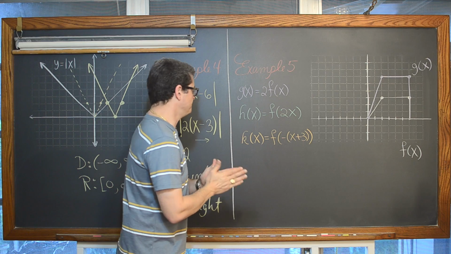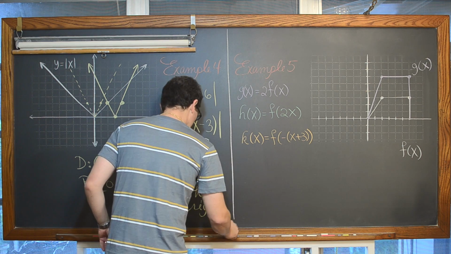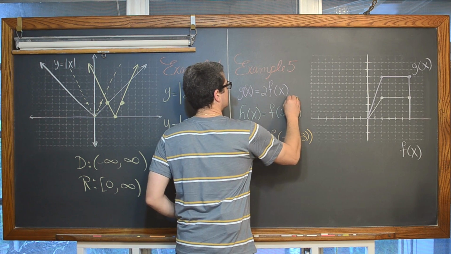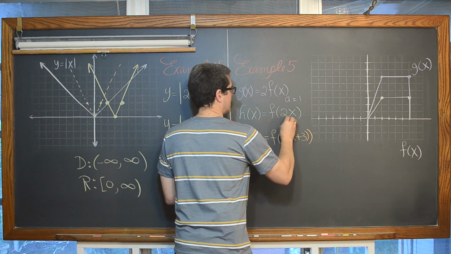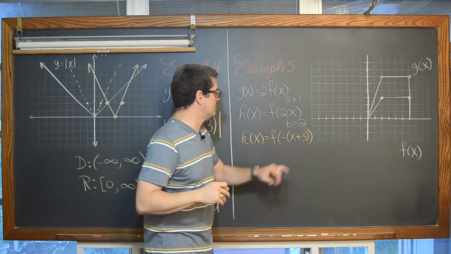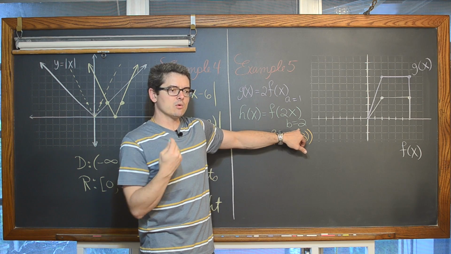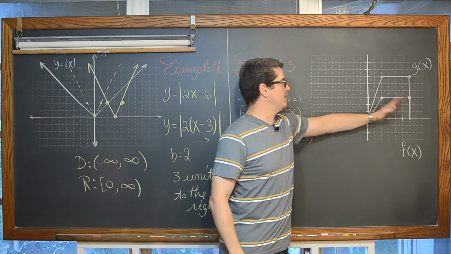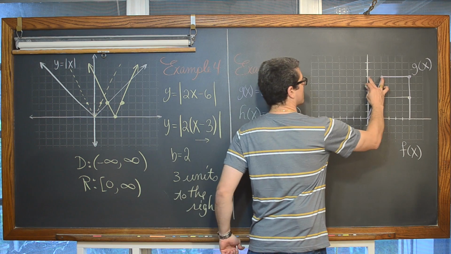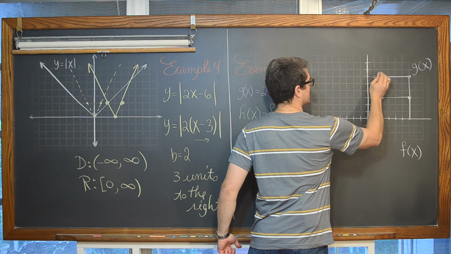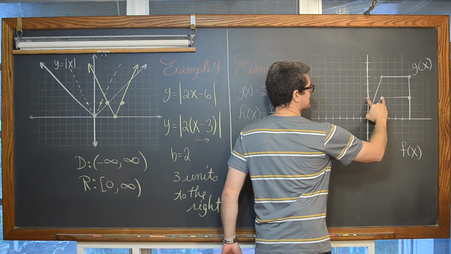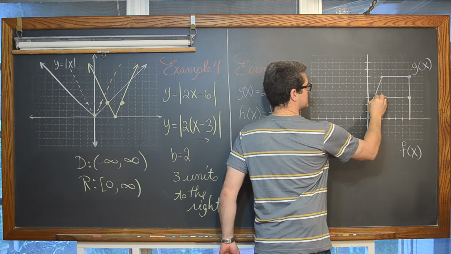Okay, so let's see here. I got this in green, and if we have a b value of 2, and that 2, which is greater than 1, is a horizontal compression, all the points are going to get moved in. The horizontal distance that each point is away from the y-axis is going to get reduced by a division of 2. So this has got, again, a horizontal distance of 2. Now it's got a horizontal distance of 1.